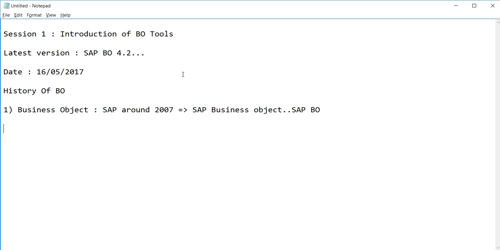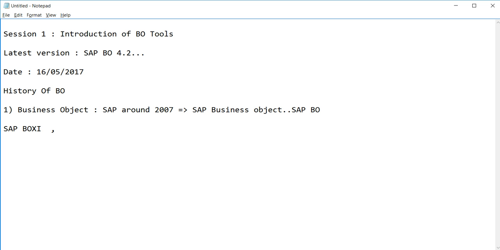In SAP BO, when the first version was launched, it was XIR2. It was SAP BO XIR2, which we can call Boxy. It was the oldest version.